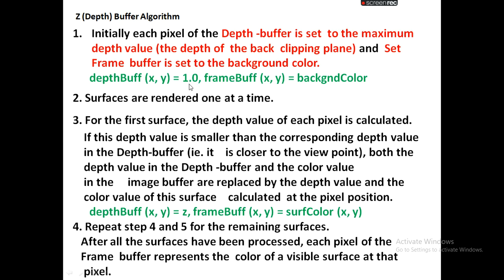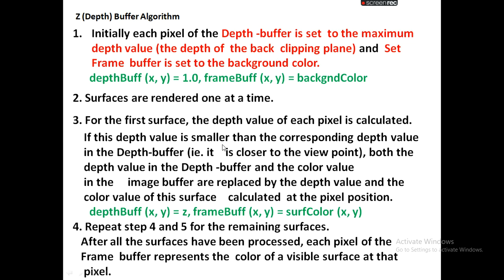This depth buffer contains the 1.0 depth value where surface S1 pixel information is not available. Wherever surface S1 information is available, for that particular pixel the processor will set the value 0.1. So 0.1 is compared with 1.0. 0.1 is less than 1.0, so that pixel is closer to the observer. Then the processor will replace 1.0 with 0.1 wherever surface S1 pixel information is available.